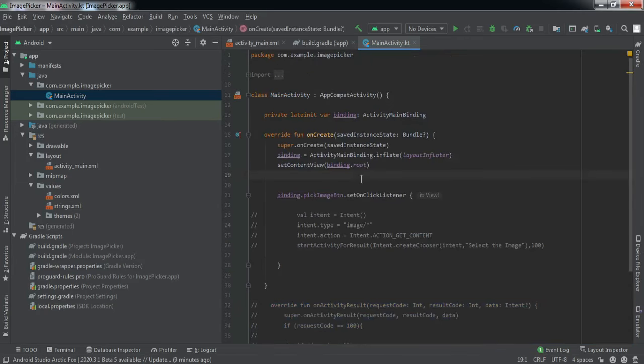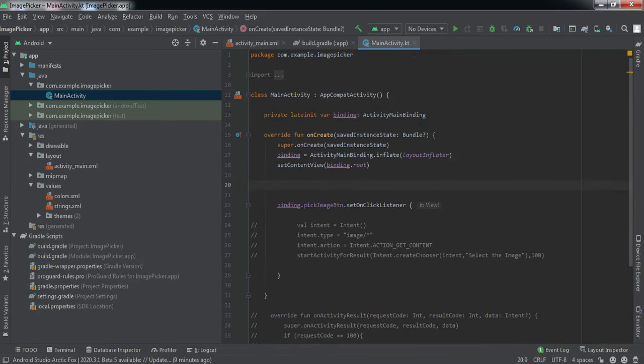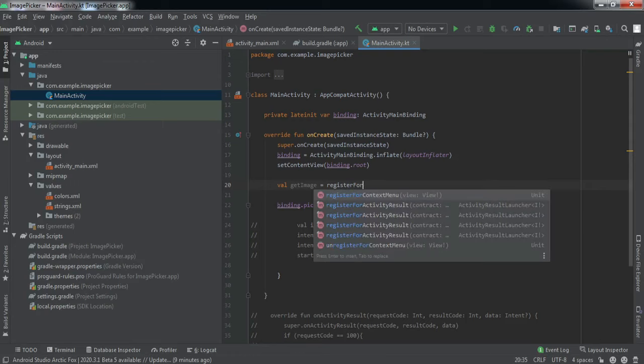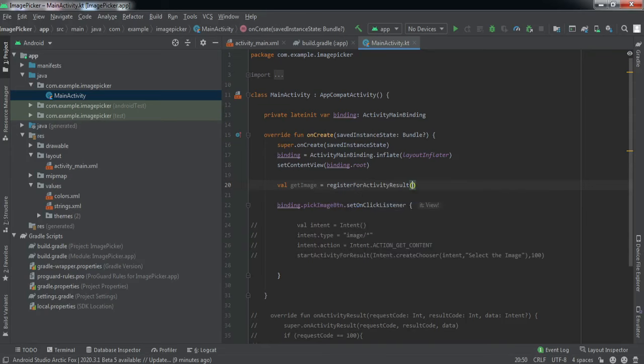So in the new method, what we need to do is create, let me just give it a name, get image, register for activity result.